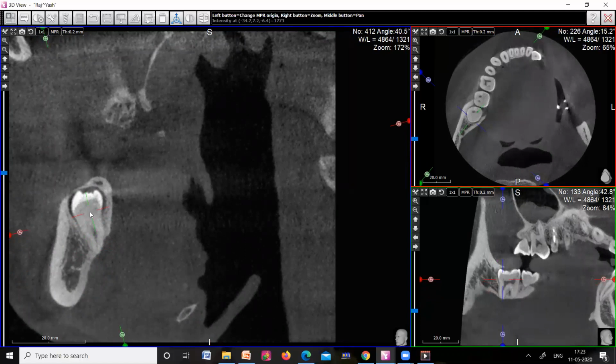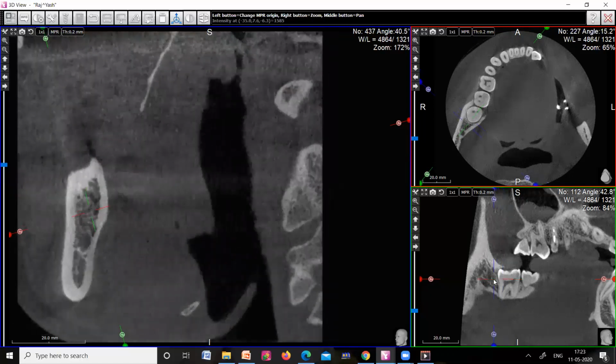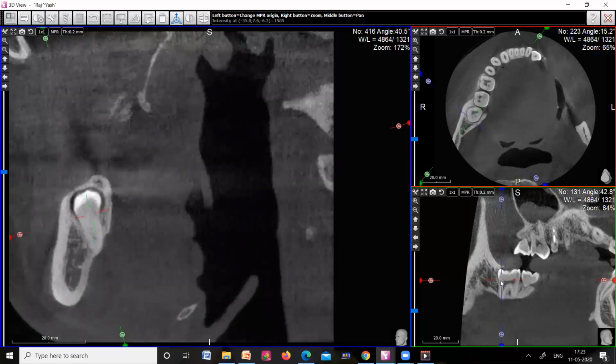So I might extract the tooth very nicely and easily, but either there will be a thin cortical plate or there could be none. So while I'm extracting, this part of the cortical plate might stay back, or it might get fractured. The patient may keep on complaining that there is something which is impinging, or there is the possibility that while you are extracting, this might slip into the tissue space. So again, it is very important to know where our lingual cortical plates are.